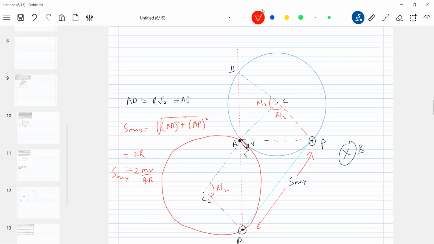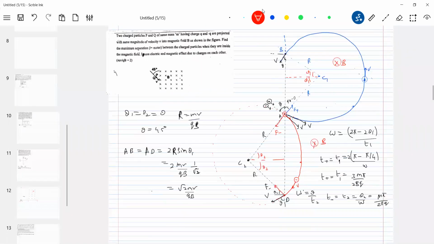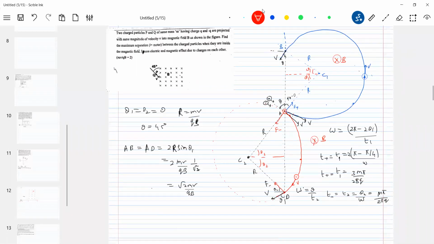And just be careful. These two separate problems are made into one problem. Negative charge particle, it describes paths like this. Positive charge particle, time spent by them also. It is shown everything. So just think. This is a very fundamental problem. So based on this, you'll get the applications that I showed.